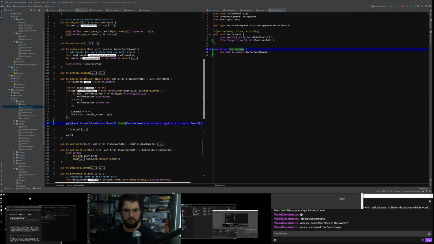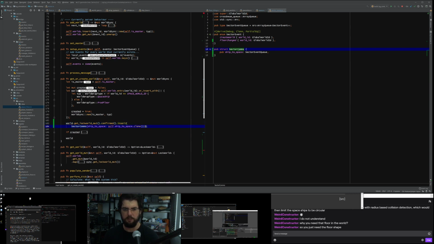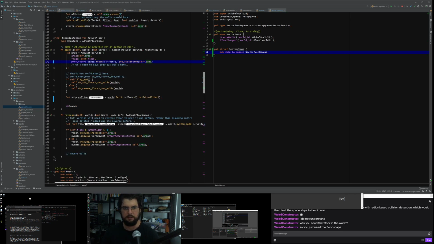Great. So whenever we create a new world, we should be shoving this sector comms resource in, and inside the resource we should be able to find a ship to space event. So now that we can find it, we can go into adjust floor. We just adjusted the floor. We don't need to build the collider because that's irrelevant now. I don't care about that.